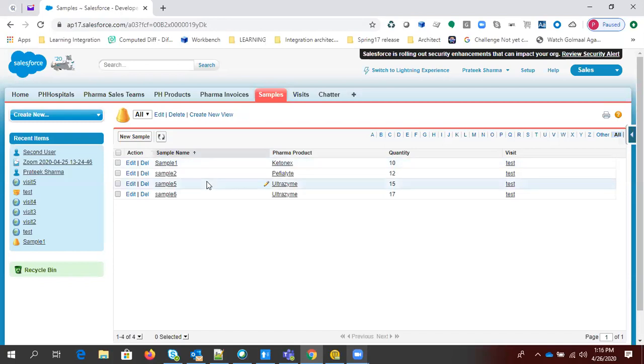Now I'm coming to the data access. Let's say this sample object has these 4 records, right? These 4 records are created by different users. Like Pratik Sharma has created 2 records, and a second user has created 2 records, right? So as an organization, the data should only be visible based on their requirements.